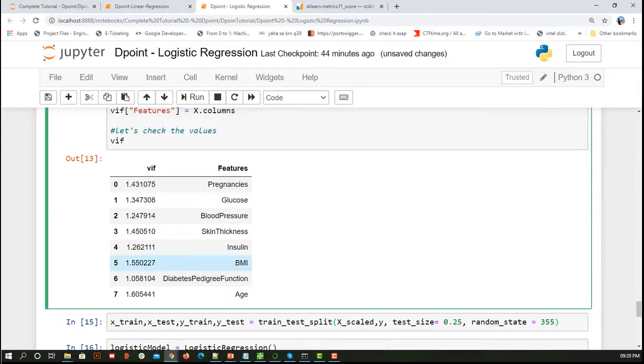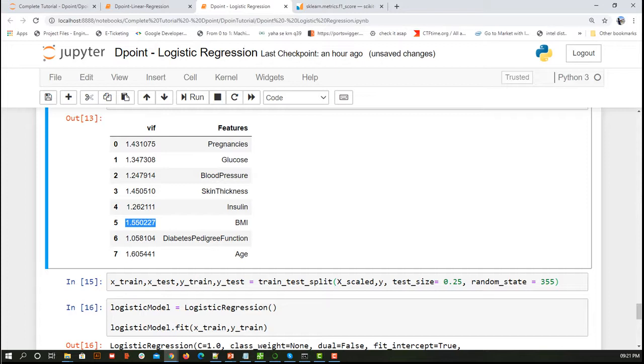Suppose there is a BMI whose value is 7. Then I can say it is an attribute which has multicollinearity. Then I am going to find with which column it has the collinearity by using Pearson or any other method, and I am going to take action on that. But as of now I can see all of them are near 1, so I can conclude that there is no correlation, so I am good with my column features. So now the pre-processing is done.